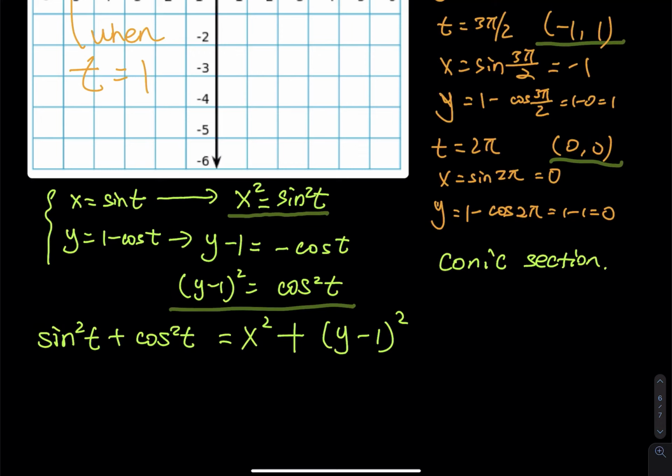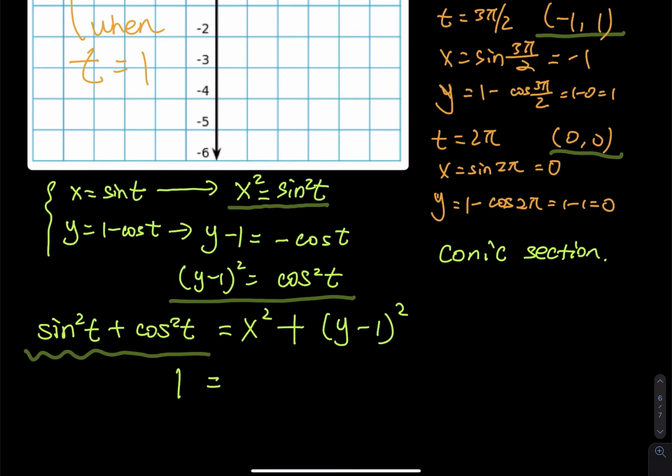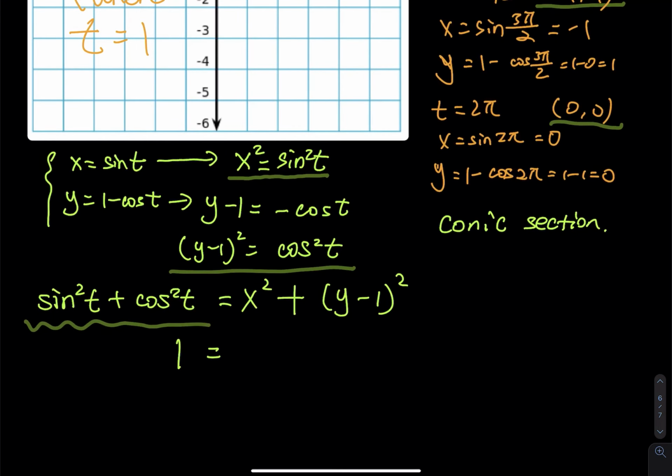So what does sine squared plus cosine squared equal? Do you still remember your trigonometry? The trig fundamental identity: sine squared x plus cosine squared x is equal to 1, right? So this is 1, and on the other side, instead of writing x squared, you have x minus 0 squared plus y minus 1 squared, and the 1 is the same thing as 1 squared. So this overall is the equation